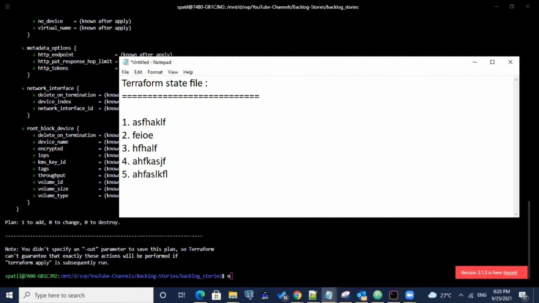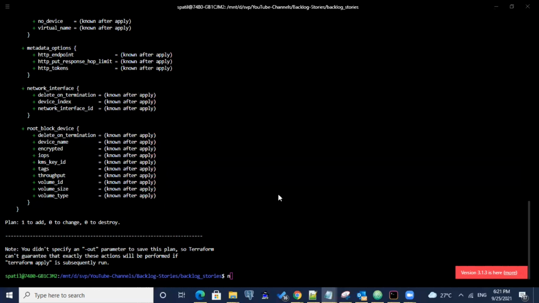Suppose a script has currently read 4 lines, and in the next attempt we want to start from the fifth to the tenth. In order to do that, we have to maintain some offset, correct? That's how a Terraform state file works. It maintains each and every resource we have created through Terraform.